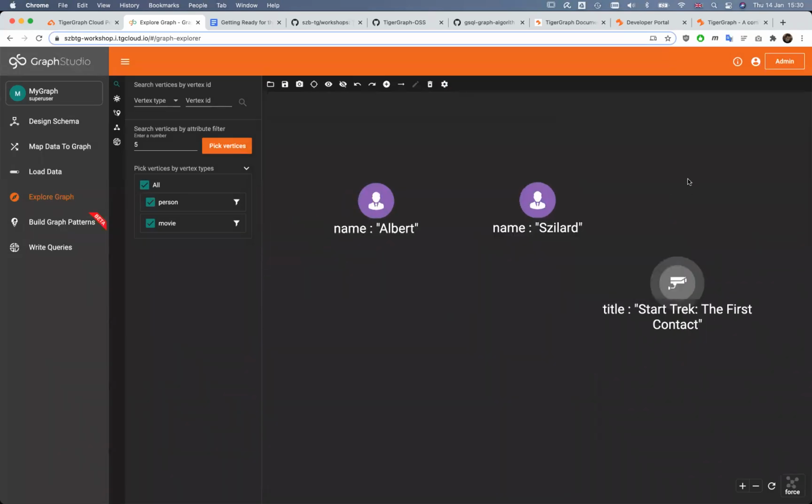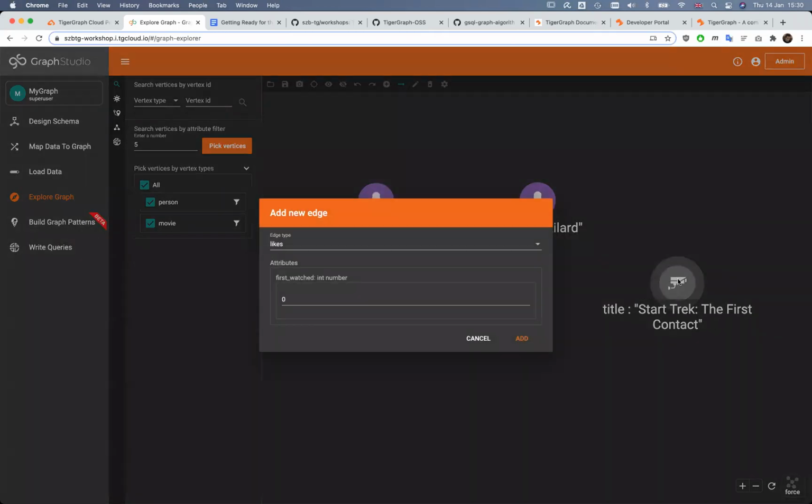Let's create some edges between them. Let's create the first one from me to this movie. There is only one type that I can pick here. The likes has been defined between these two vertex types. And I watched this movie for the first time last year.